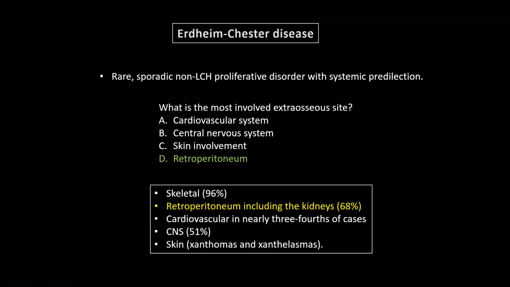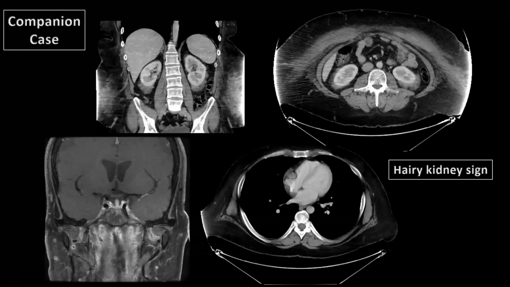Also, the skeletal involvement is very constant. It's almost a constant finding in these patients. After the retroperitoneum, it's followed by the cardiovascular, CNS, and skin involvement. And we have here another companion case of Erdheim-Chester disease, showing the perinephric involvement, which is here more specific of